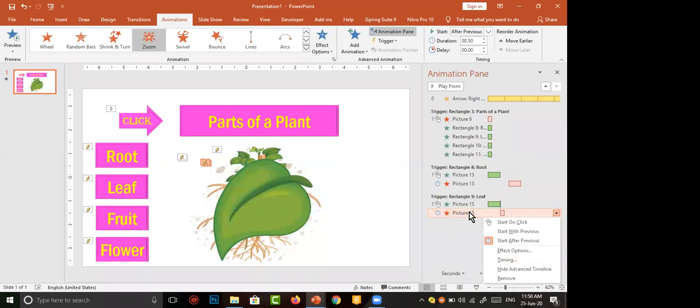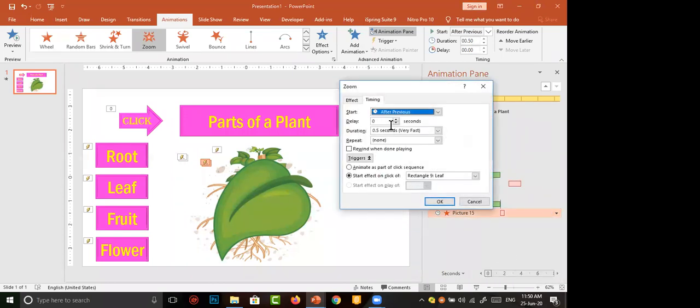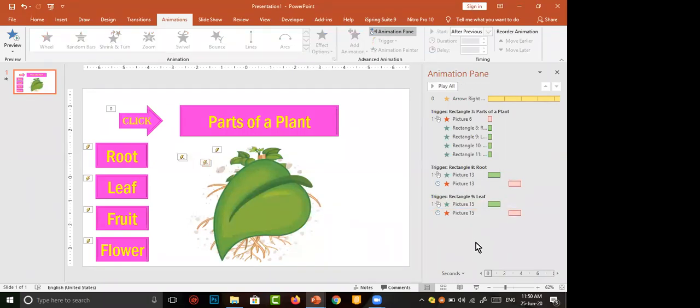Why I am going to timing is that in previous versions of MS Office, these options won't be there. So I am going to timing. I increase the time delay to 1 second. I increase the time duration to 1.5 seconds. Then click on OK. That's all.